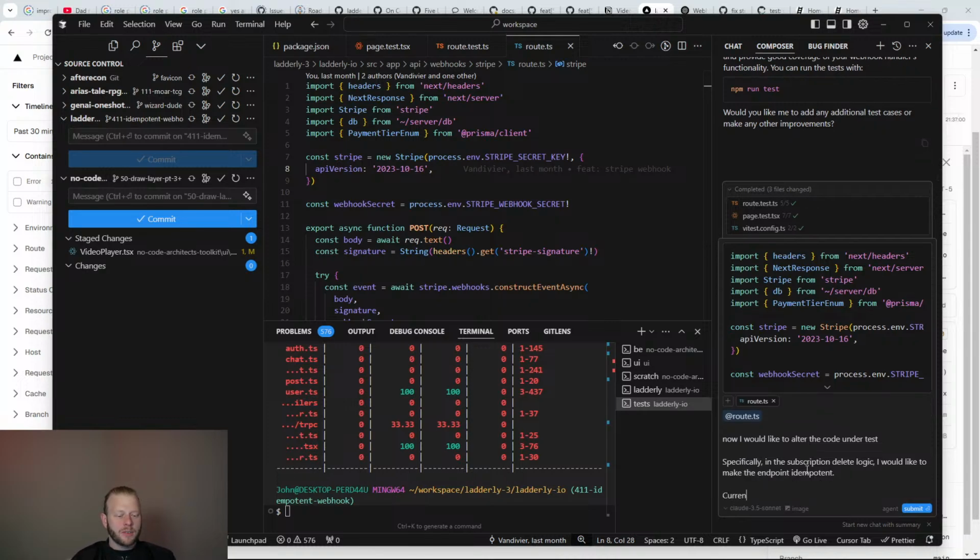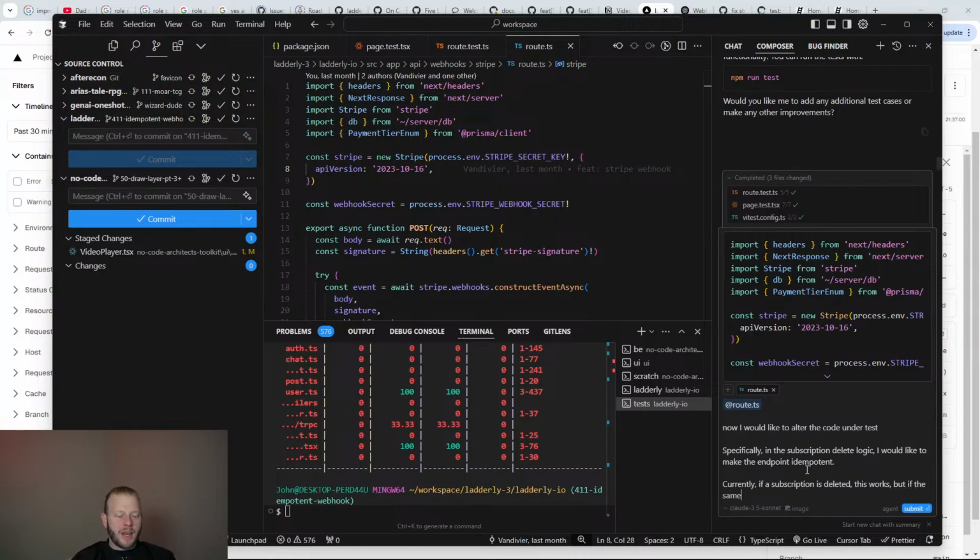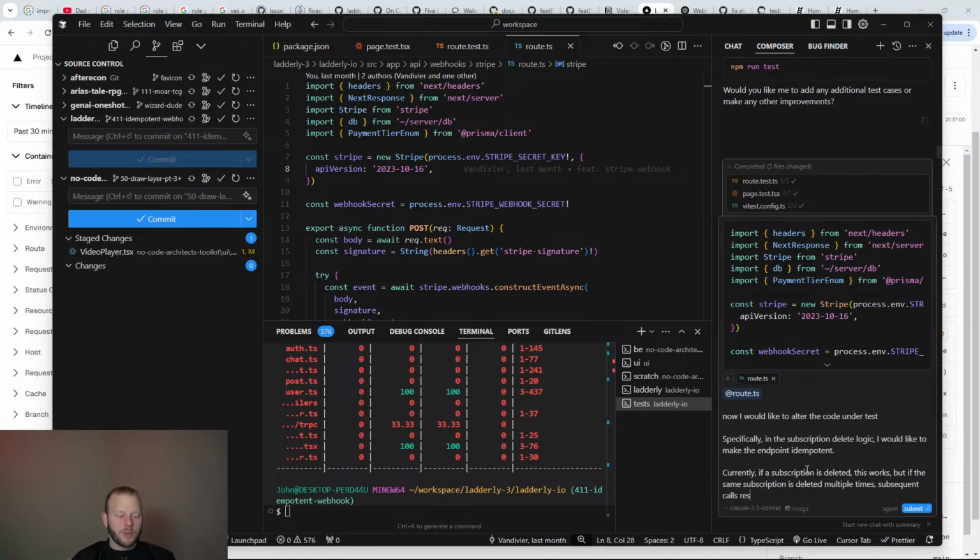Currently, if a subscription is deleted, this works. But if the same subscription is deleted multiple times, subsequent calls result in an error.